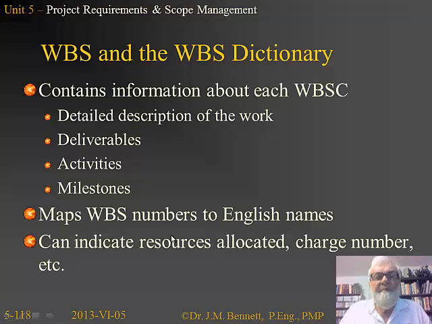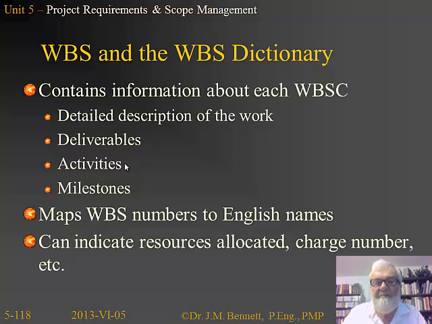Now, the WBS itself is a diagram, like a big bushy tree, and associated with that is what we call the WBS dictionary, and this contains information about each work breakdown structure component. So there's a detailed description of the work that has to be done, there's a list of the deliverables, then there's going to be a subset of the work here called activities, which we'll see a bit later when we talk about scheduling. Each WBSC starts at the beginning, leads to a deliverable out at the other end, and then